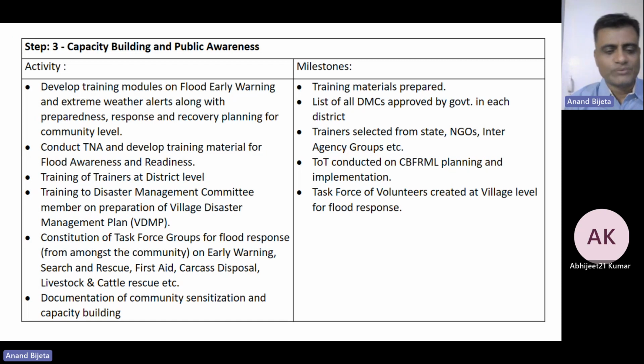So these committee members will then constitute task force groups amongst themselves. They will, for example, select the young people who are inhabitants of the village, who don't go to another place or migrate to another place for their livelihood. They will form the search and rescue group, then the first aid group, the carcass disposal group, the early warning group, the livestock and cattle rescue group,